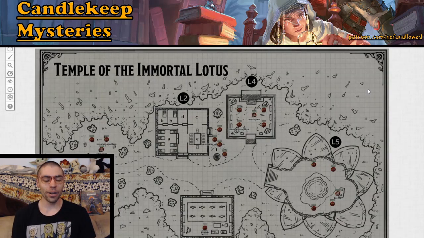The Book of Inner Alchemy takes us into an awesome action flick, as your players will find themselves in the Temple of the Immortal Lotus and have to get into an awesome kung fu fight with a whole bunch of monks. The reason for this, the head monk has found a way to obtain immortality by crafting some gloves that will, in fact, suck the life out of people, but make him immortal.